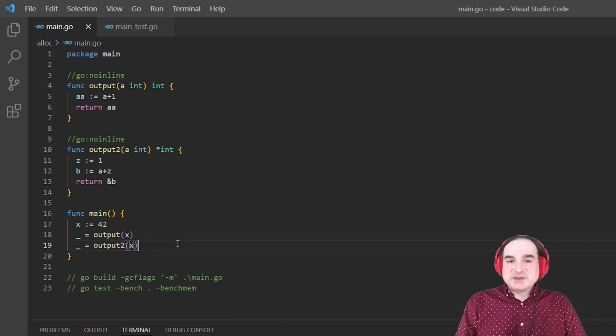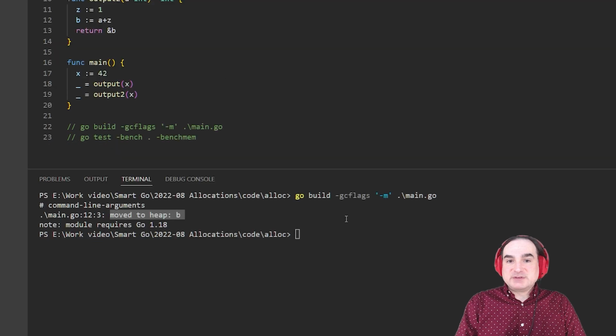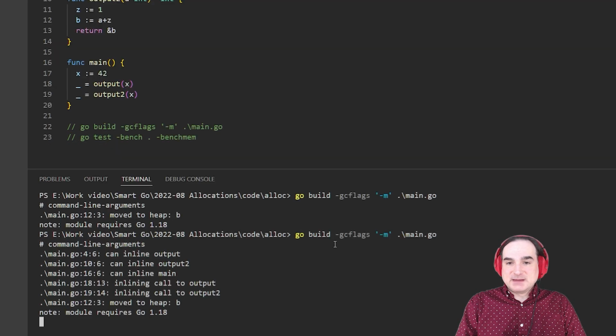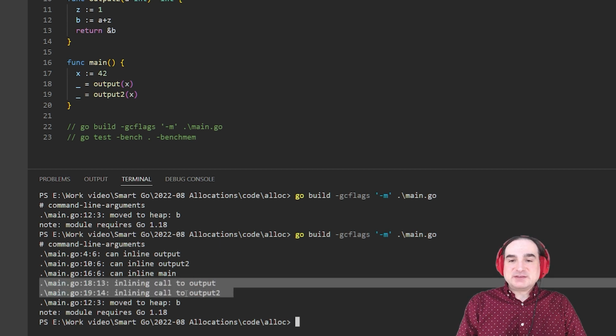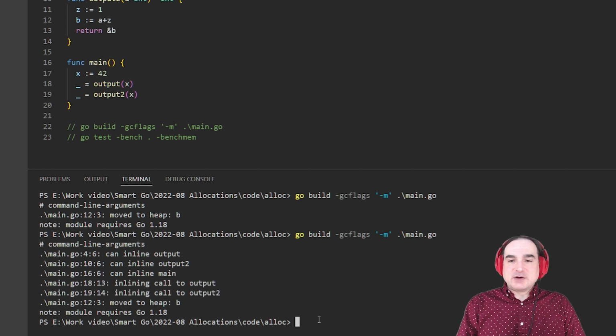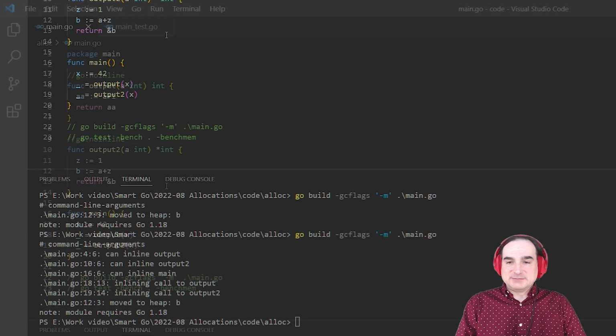If we remove these annotations and we recompile the program, you'll notice that we're going to get a different output. Because one of the things the compiler will try to do is make inlining optimizations. This, in turn, can reduce the number of allocations that are performed in a program. But in this case, I'm deliberately forcing inlining off to ensure that the stack and the heap behaviors that I've been describing here will stay consistent through this example.